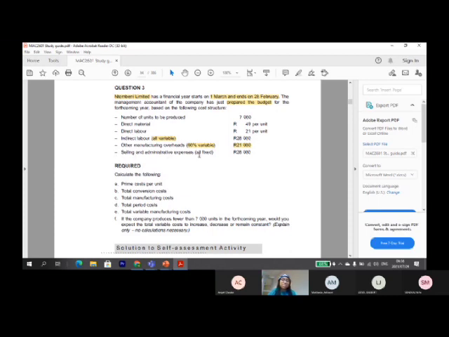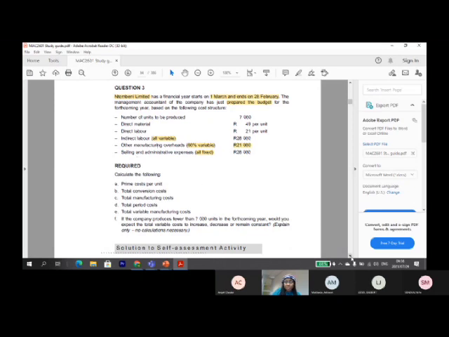Then there's the selling and administrative expenses, and they tell you that all of these ones are fixed. So I'm going to be blunt. In most cases in your exams, and even in your assignments, they wouldn't be telling you what's variable, what's fixed. Most of the time they would give you more information as to how the selling and admin costs behave. So you would have to sniff it out from your question papers to understand,